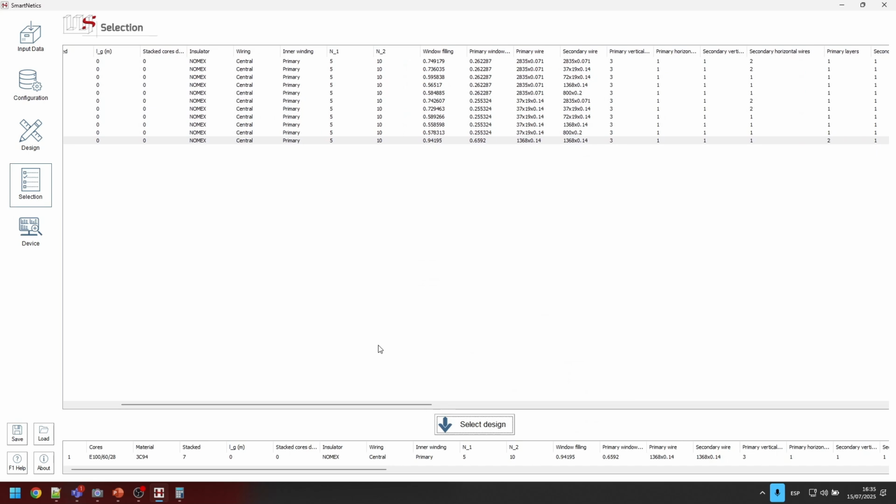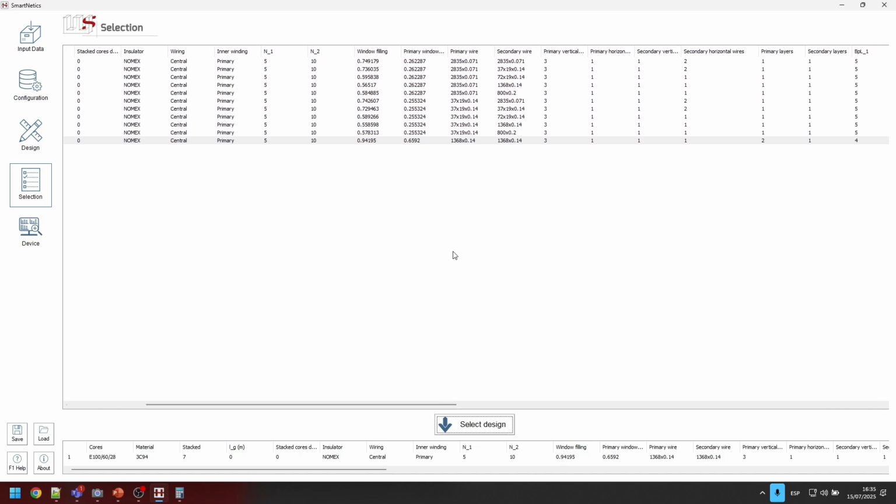So let's say you prefer to use a different wire because it's cheaper, or because you already have that in your laboratory, or because you use that for whatever reason, or let's say you want something with a smaller diameter because you think it's going to be better at high frequency. You have easy access to all those possibilities. So on top of reproducing some design that you already had in the past, you can even improve it or change it slightly so you save on cost or on losses or on any particular parameter you consider important, okay?